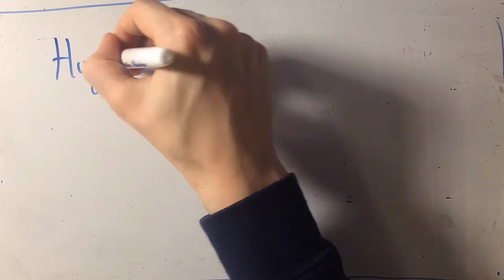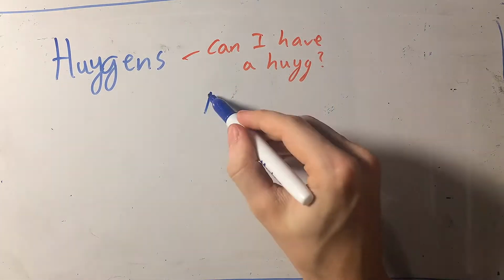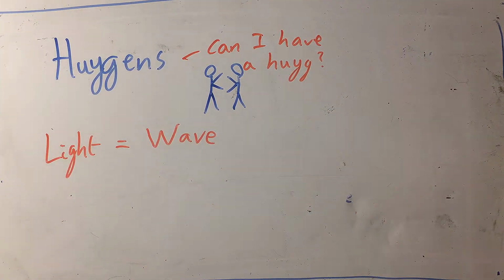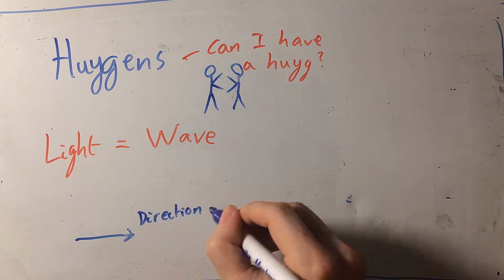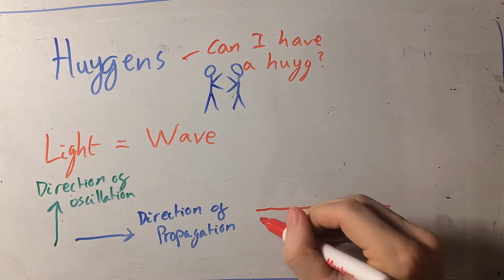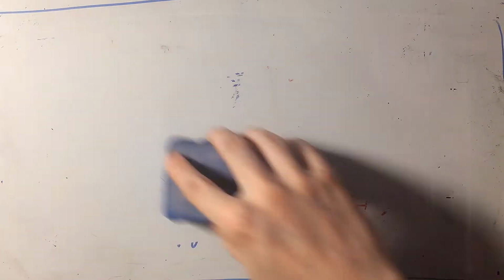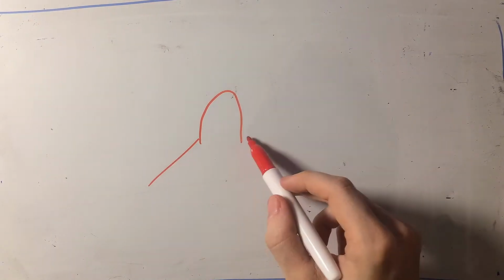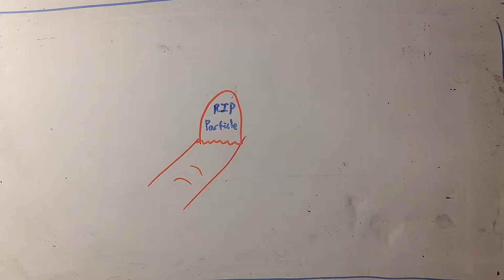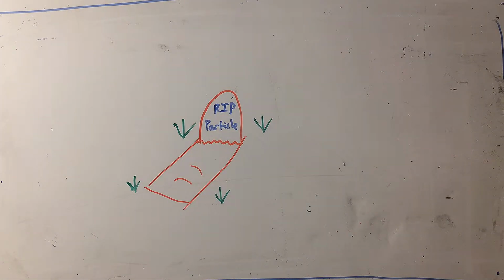A much more convincing model of light was proposed by the Dutch physicist Christian Huygens. Ugh, I'm terrible with names. His proposal was that light was actually a wave, its oscillations perpendicular to the direction of propagation, which is a fancy way of saying it moves like this but jiggles like this. Huygens' theory was not accepted for a long time because of the popularity of the particle model, but several key experiments were carried out in the early 1800s which finally, well, not finally, but temporarily killed off the particle model.